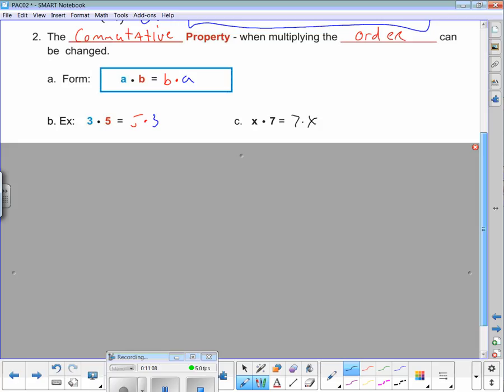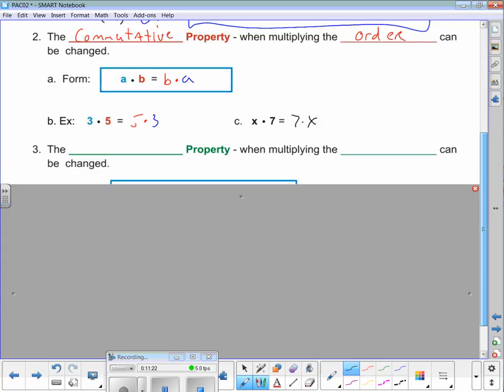And by the way, I'll throw this out now. I'll mention it to you many more times. The x is a variable. The proper order is to always have the number in front of the variable, not vice versa. Proper notation: write the number first, then the variable. All right, next